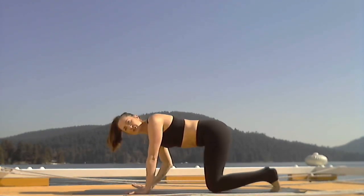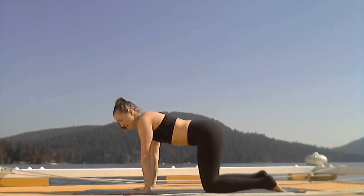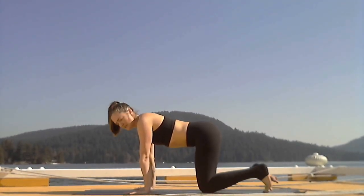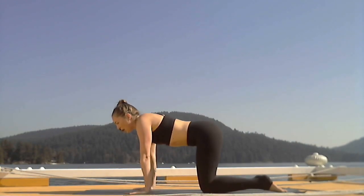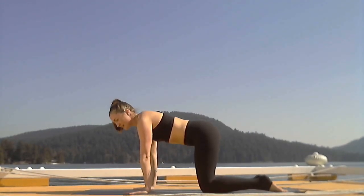Position your hands so that the center of your wrists line up directly with the outer edges of your shoulders. You can have your toes tucked or untucked. It doesn't matter to me. Feel those collarbones lengthen across the front of your body, and then press into your hands like you're pressing the